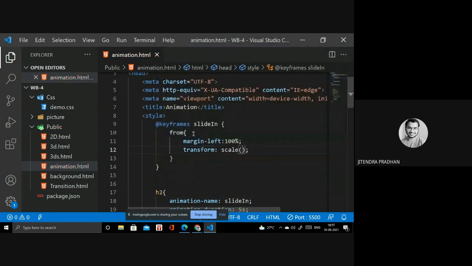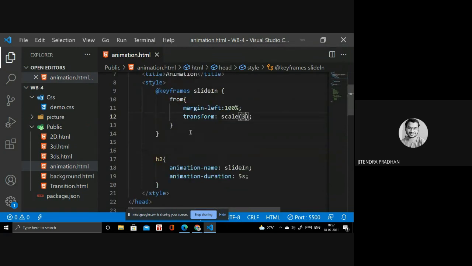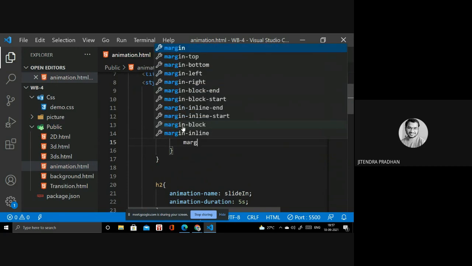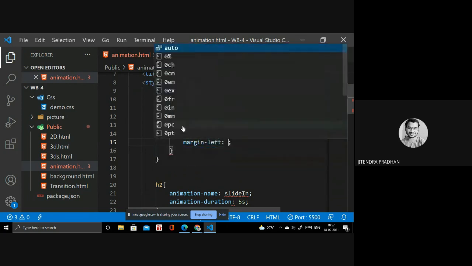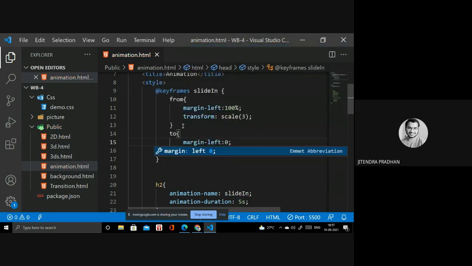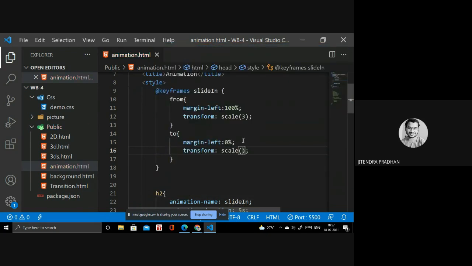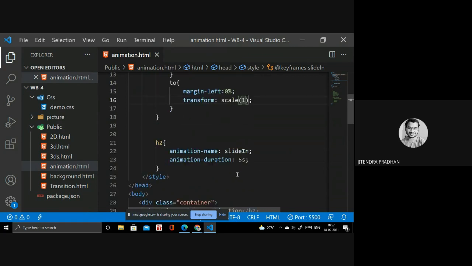I'm using a 2D scale. And in the to block I require inside that margin left, it's 0 pixel or 0%, you can write it. So next thing, transform scale will be 1. Okay, then we have done all these things.